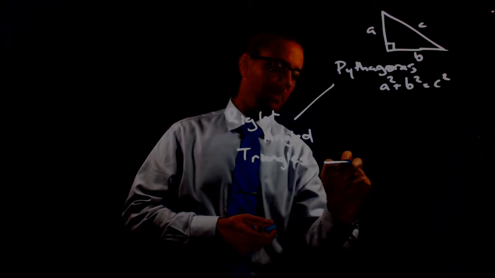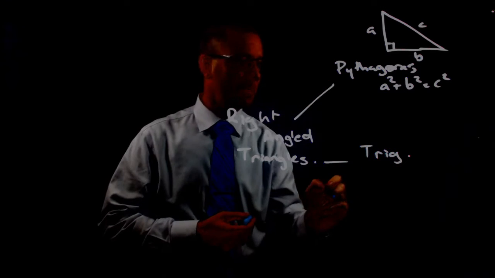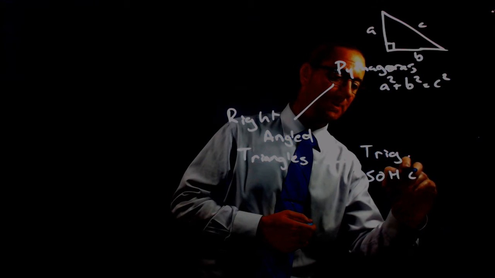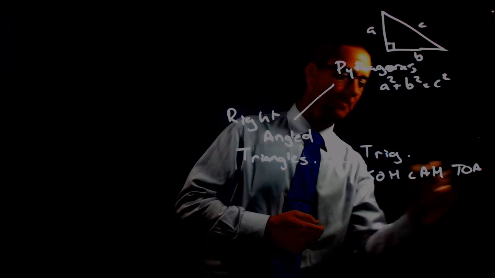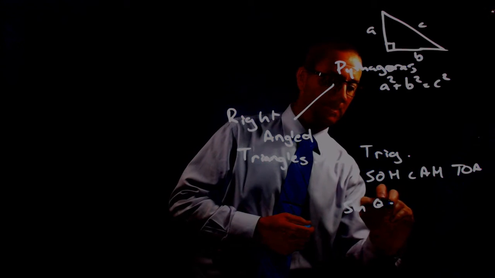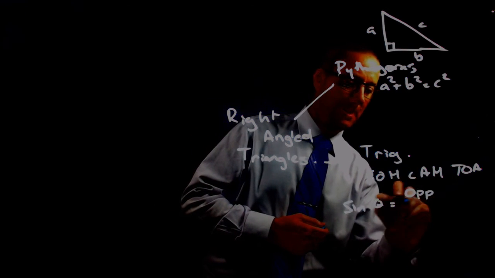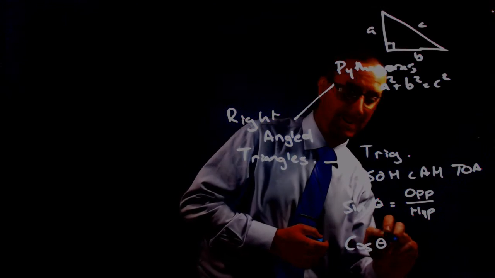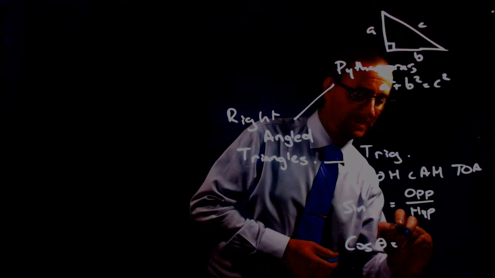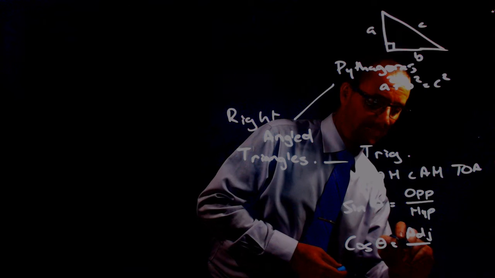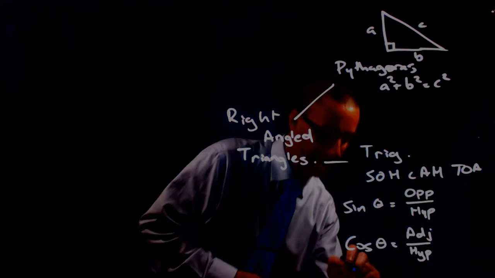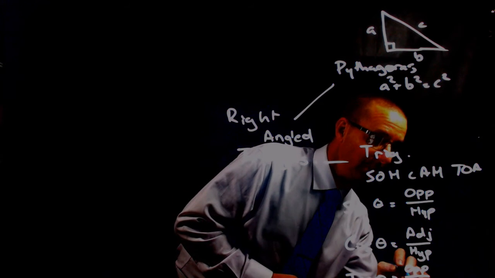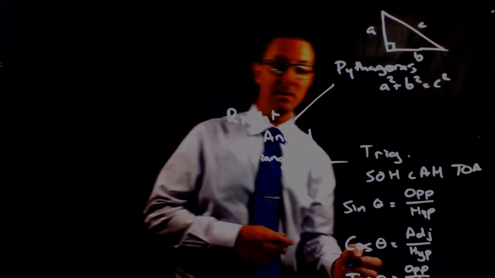The second thing we looked at was trigonometry. Now in trigonometry, we've got our ratios, and you'll remember that we remember our ratios by SOHCAHTOA. The sine of an angle is equal to the opposite side over the hypotenuse. The cosine ratio allows us to find that the cosine of an angle is equal to the adjacent side over the hypotenuse, and the tangent ratio tells us that the tangent is the opposite